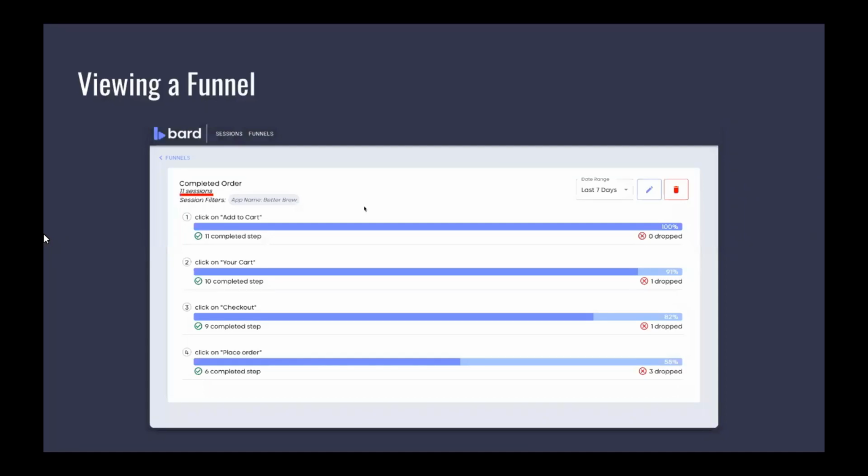A funnel's results will show how many user sessions entered, how many users completed or dropped at each step, and the completion percentage of each step based on the initial number of sessions. Here we see a funnel for user sessions of the Better Brew app with the user conversion defined as completing an order. Looking at the last step, we can see that 55% of sessions that entered the funnel successfully placed an order. Interestingly, 3 of the 9 sessions that completed step 3, clicking the checkout button, did not end up